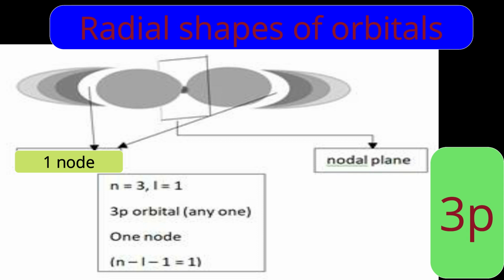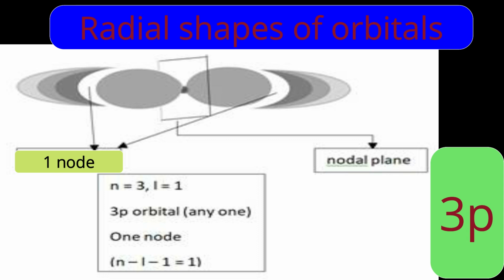One need not get confused. Right side one node is there and left side one node is there? No. Our vehicle is fixed. Direction is fixed. You can go in one direction. If I described the right side, you can go to the left side and you will get the same result. But don't get confused that we find nodes on both sides so two nodes are present. No. The direction is fixed from the nucleus till the end of the subshell.